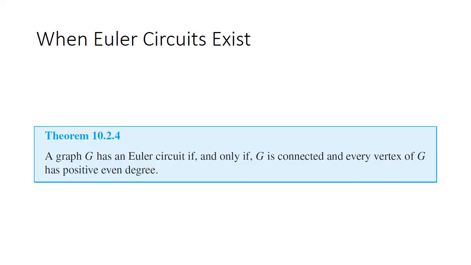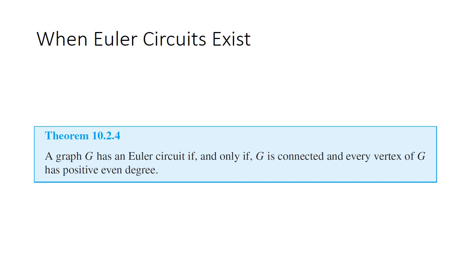Okay. So let's talk about when Euler circuits exist and when they don't. So here's a theorem for us, and I'm not going to prove this theorem, but I'll talk a little bit about why it is true. A graph G has an Euler circuit if and only if G is connected and every vertex of G has